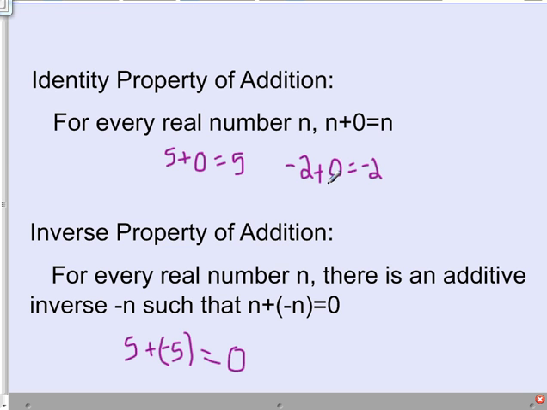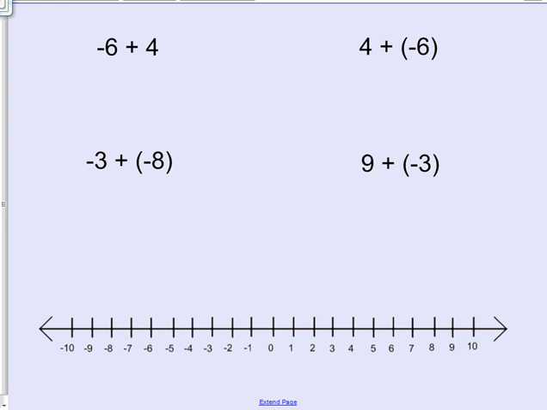That would be the same with negative 2. If we took negative 2 and we took the additive inverse, which would be 2, and we added those two together, the answer would also be 0. Okay? All right, so going into some examples,